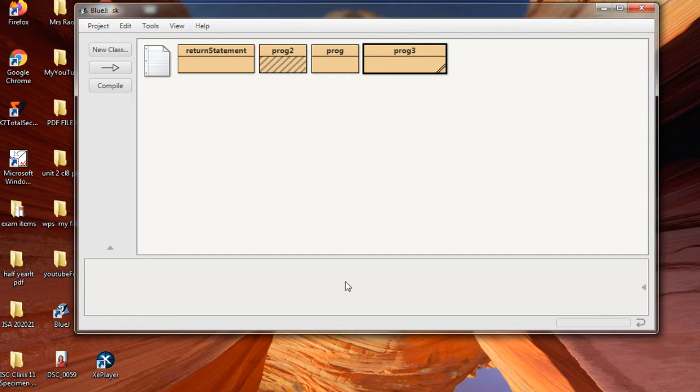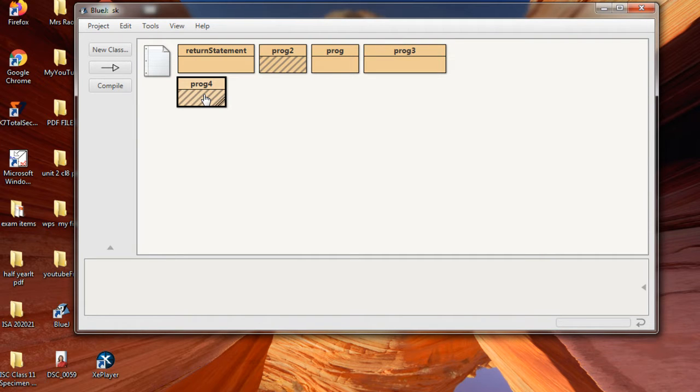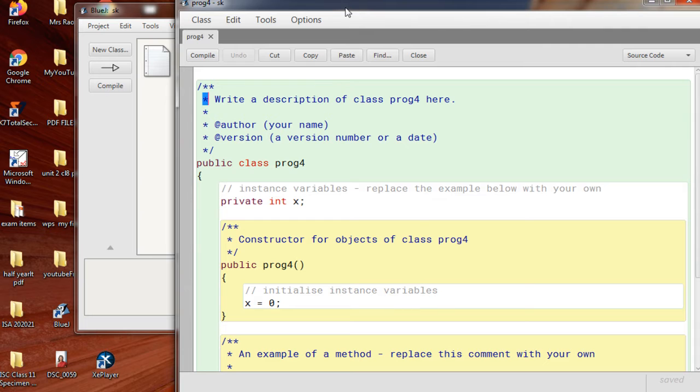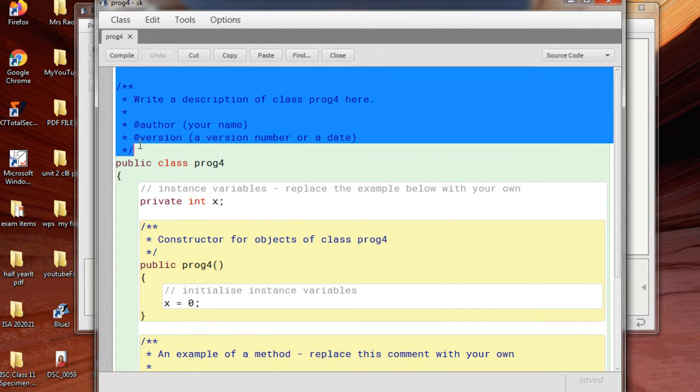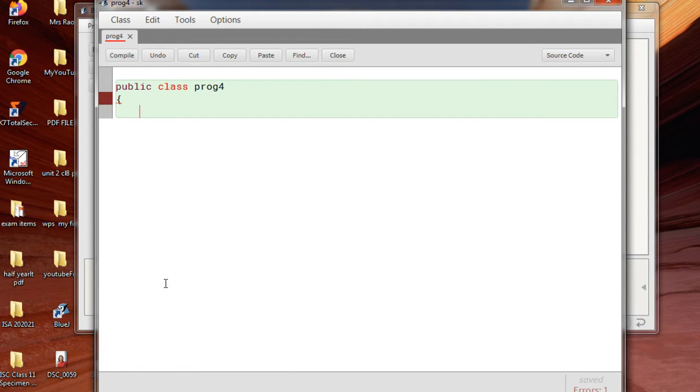Today our topic is the difference between the equal to relational operator and the equals library function, that is a string function. Now for this we need to write a program. So let us give a class name called prog. So this is the class. Now let us remove the extra things. Now define the main method.